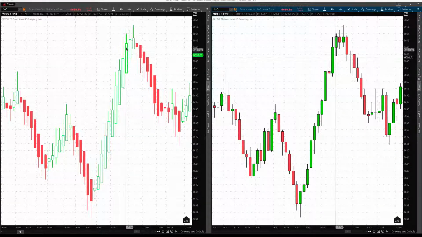another big body, but the wicks are starting to get a little smaller, and then the difference between the wick highs is decreasing as well. So here, if you notice, the difference between this high and this high is pretty good. Between this high and this high, it's a huge gap. And then the difference between these two highs is starting to wane a little bit, starting to decrease. The bodies are starting to get a little bit smaller on the bullish side, so the trend is weakening. And just by looking at the Heikin Ashi chart, we can see that visually, very easy,